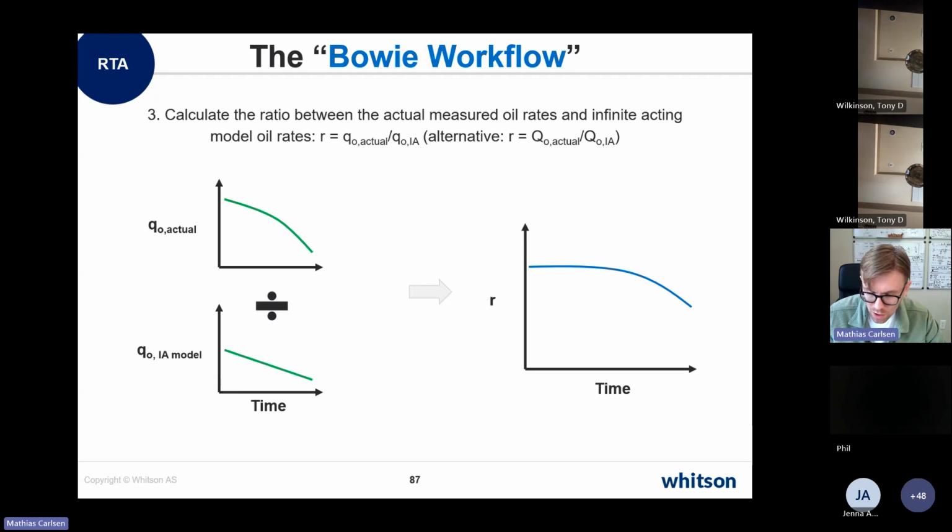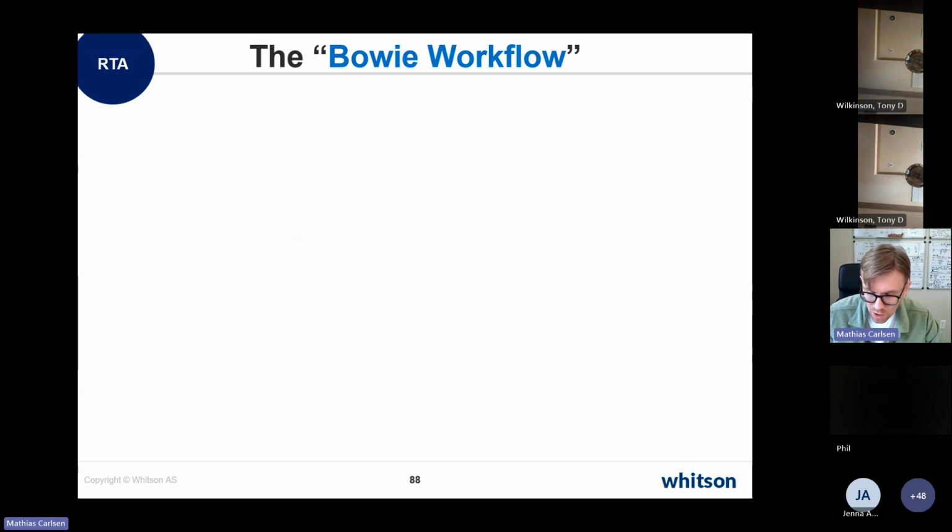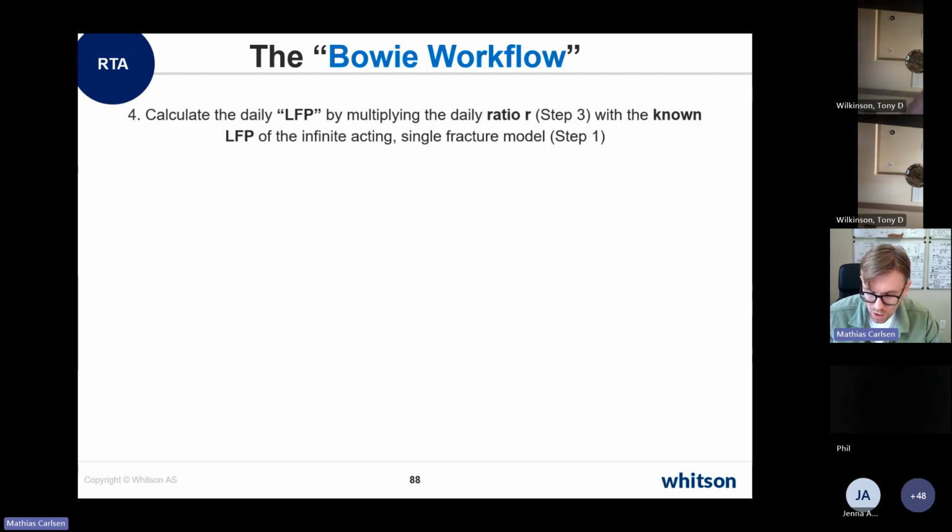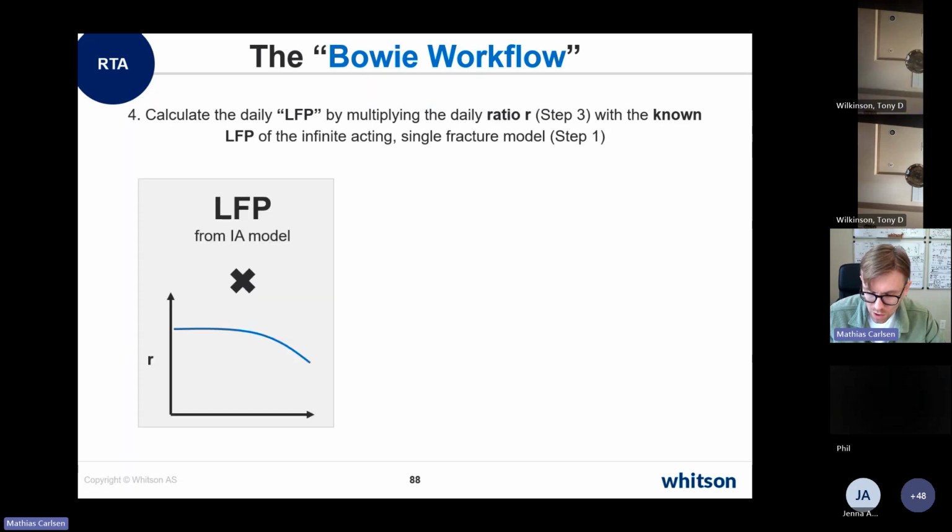If you use the cums, it will be kind of equivalent to using integrals in either the classical RTA that we talked about, or in the MFMB exercises. Okay, so we get this ratio over time, and then the only last thing you do is that you take this ratio and you multiply it with whatever that LFP was in your initial model, that arbitrary LFP, and you